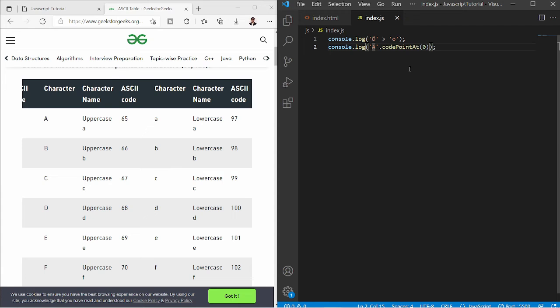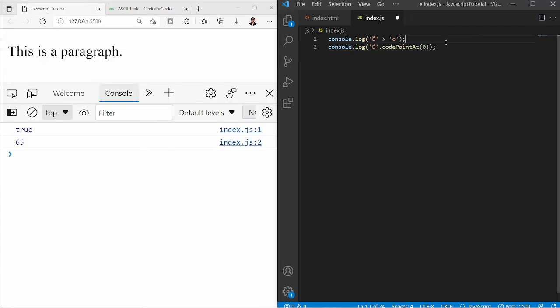Similarly, if we write that special character and save this, it says 214. Let's do it for the English character O. If I save it, it says 111. So of course 214 is greater than 111, and so the very first line is logging true in the console.